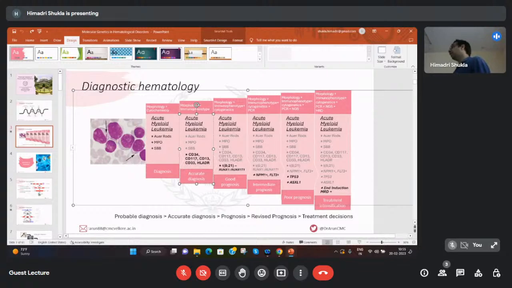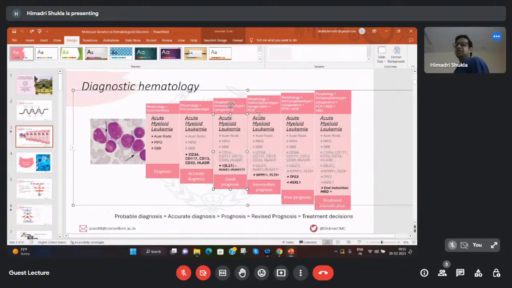Move further ahead. If you have access to cytogenetics, this patient, let's say he had translocation 8;21, the RUNX1-RUNX1T1 translocation. So is this good or bad? Yeah, so RUNX1-RUNX1T1, 8;21, is a good prognosis. So probably you can say this patient will be having a good prognosis and outcome may not be very poor in this case. So this is if you have access to cytogenetics, either karyotype or FISH, or to some extent